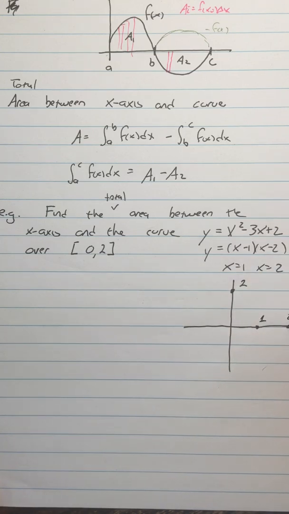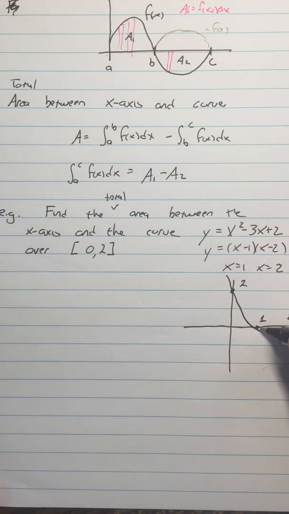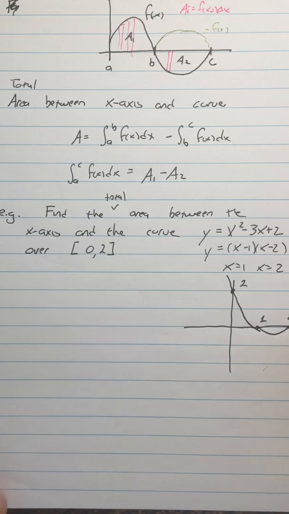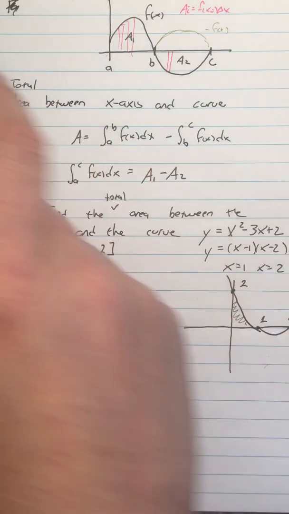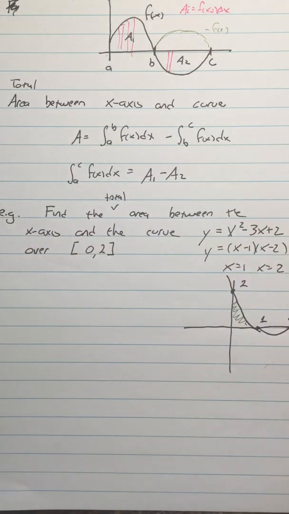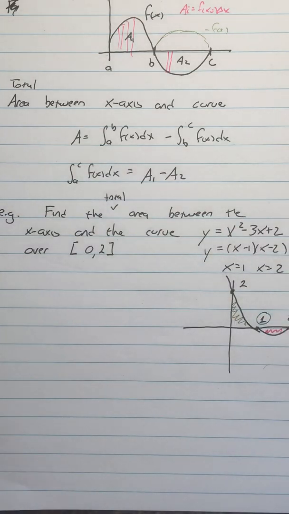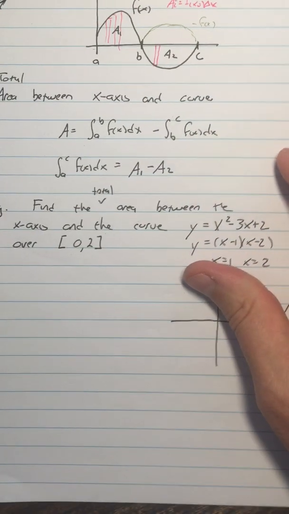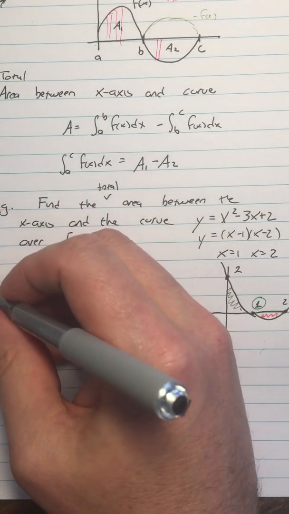So there's 1, there's 2. And we have a parabola facing up because the leading coefficient is positive. So I know my graph looks like this. The important thing that I observe is that I have a part of the graph that is above the x-axis, a part of the graph that is below the x-axis, and the breakpoint where they split is x equals 1. So that means that what I'm going to need to do is break this integral up as,